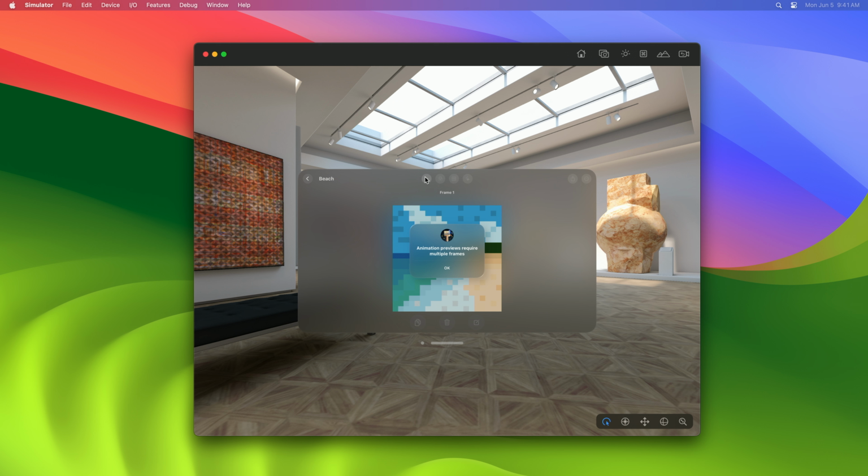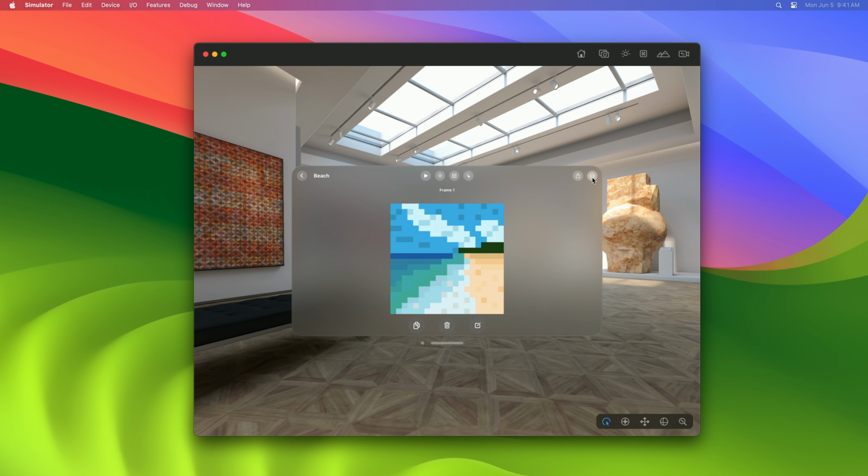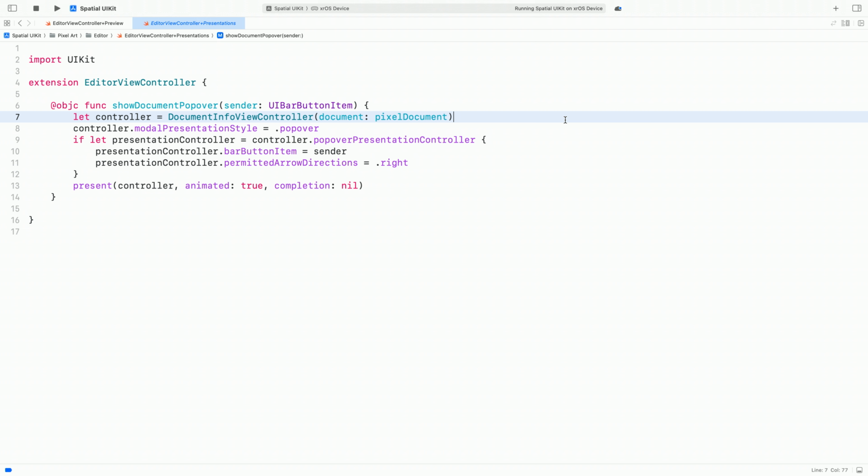A 2D representation of the app's icon is placed right at the top. Just like sheets, you should always present alerts from the view controller that should be pushed back. Finally, let's open the Document Details popover. Oh, this looks a little off. It's breaking outside the bounds, which is awesome, but it's presenting far from the center of the app. Let's go into the code to fix this.